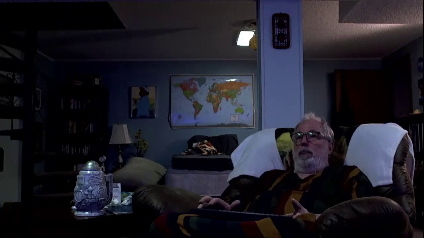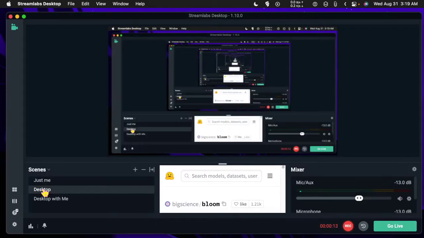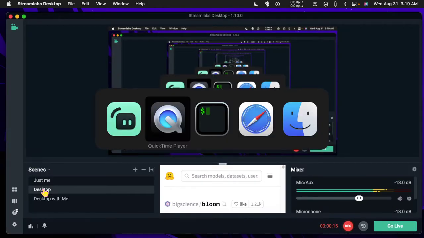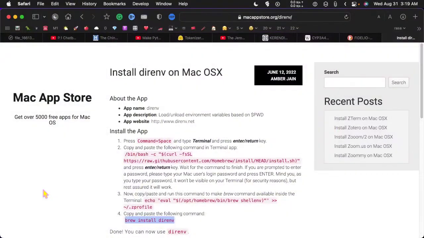Good morning. I'm going to try to install Direnv on macOS. And so let's jump over to the desktop and get started. Now, Direnv is a very helpful program that will set an env up for a specific directory so that you don't have to have a lot of clutter